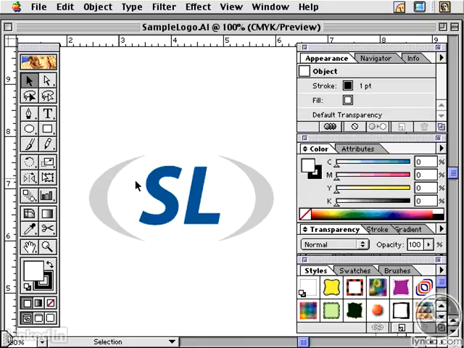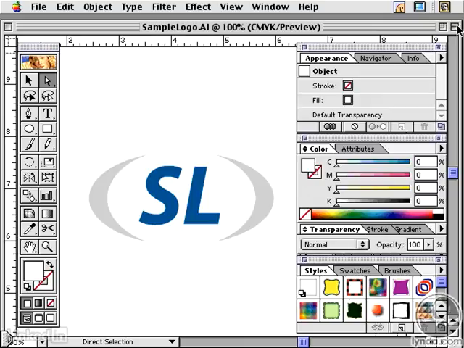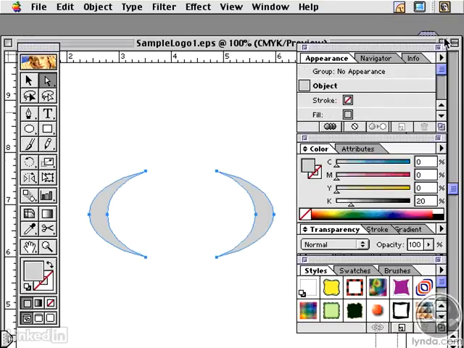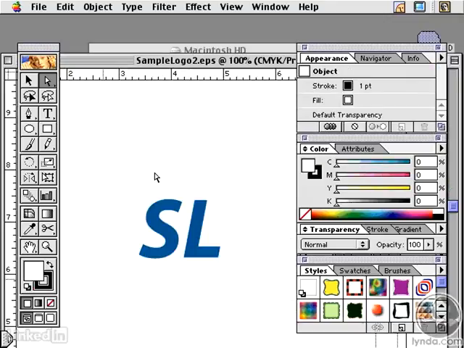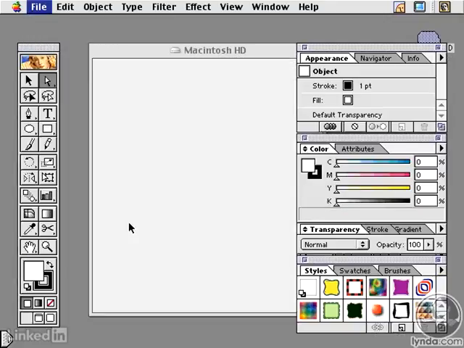If I wanted each of these to be separate pieces, I would want to select just the objects I don't want and delete them and then save out as individual pieces. And I've already done that with the objects that I want to have together. So for example, here I've got an EPS of just the outer rings, and then I also have one here that I saved out of just the S and the L. So now that I've got those files as EPS files already ready to go,